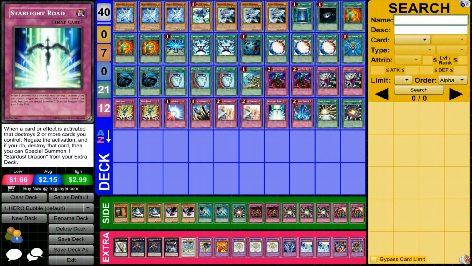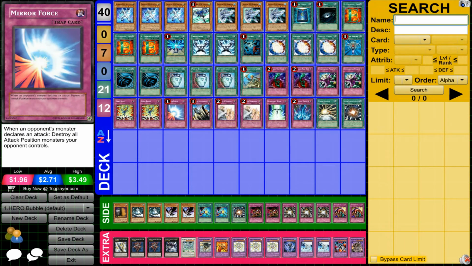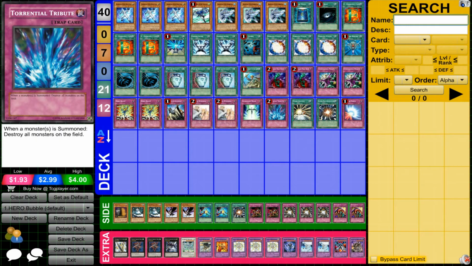And the Starlight Road's actually useful because I do have a lot of protection. I actually run a little more traps than regular people do. I like having so many traps because a lot of times I can't protect myself, and if I'm against a swarming deck, which is everywhere, so many decks are swarming just now, I really like the Starlight Road to protect myself, and also all these other cards protect me. Like I said, the Mirror Force is probably not that great in the deck. You could put in a Torrential Tribute, so I'll